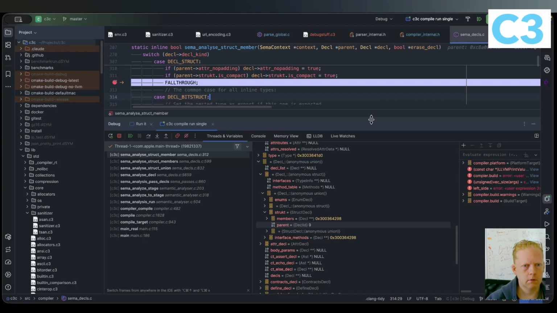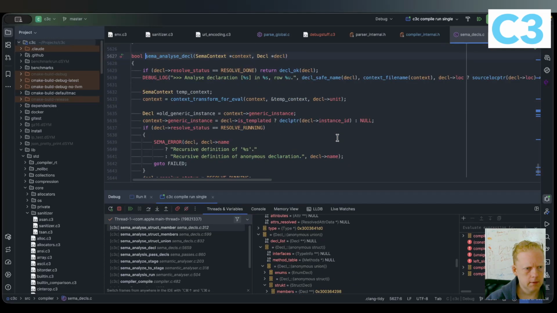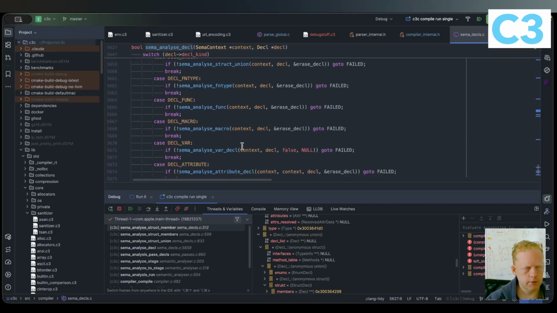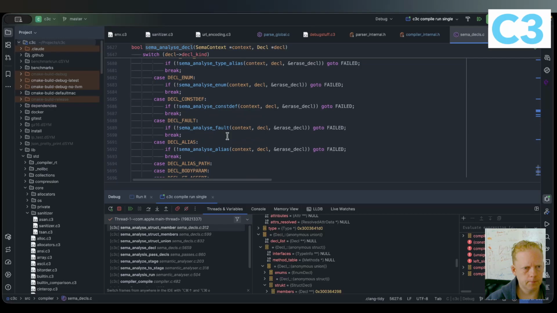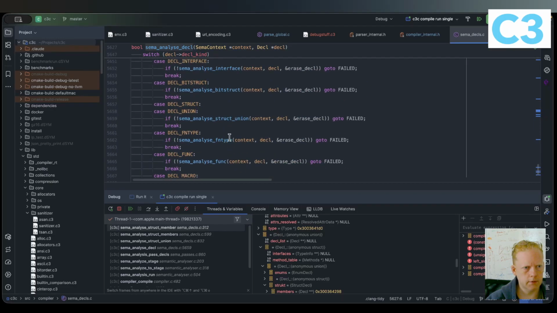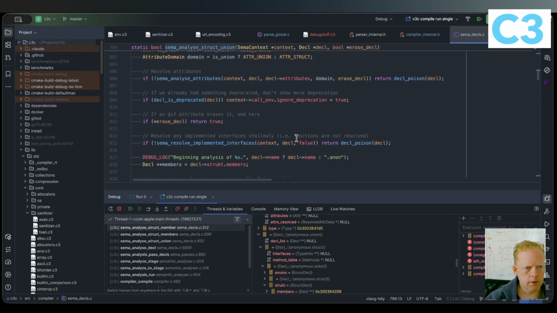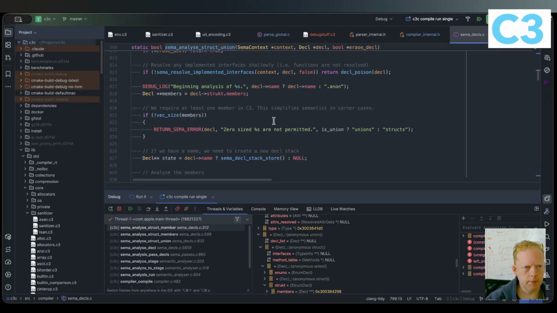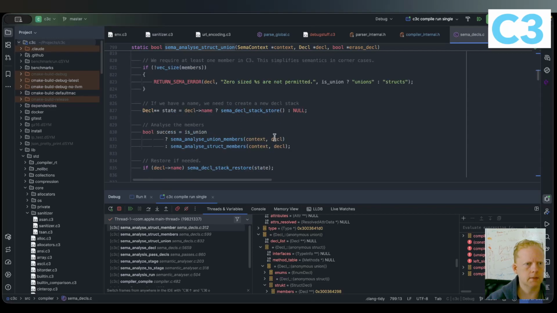So we say analyze decl, right? And then we're going to jump to the declaration, namely the union, where I just passed the struct union, right? And we are resolving implemented interfaces, all of that, and then we're going to store analyze union members. But